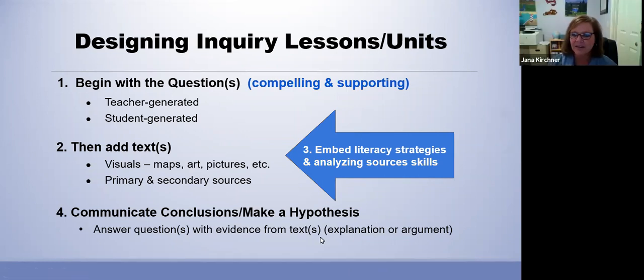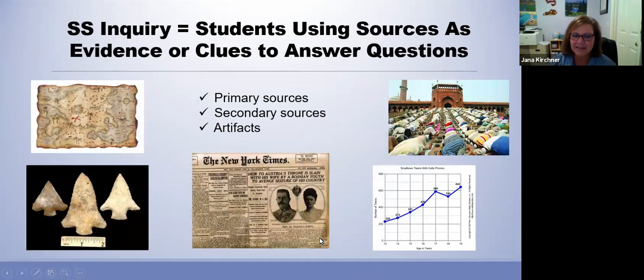Okay, I'm going to just keep on going, but feel free to jump in at any time. So we have the C3 framework, and what I think of as the 1, 2, 3, 4. And for those of you who said you are coaches, that works really well in planning with teachers too. It makes this abstract concept of inquiry